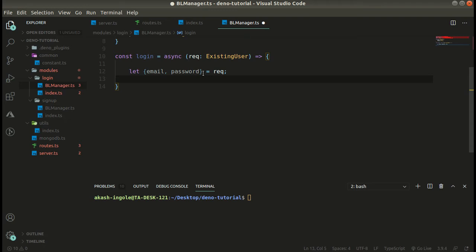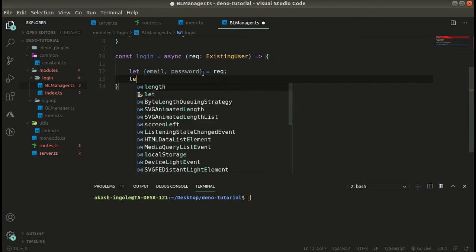And if that password is valid, then we will return the success response and the details of the user along with the JWT token. We are going to make use of JWT token, that is JSON Web Token. It comprises three things: one is header, one is payload, and one is key. So let's start coding.